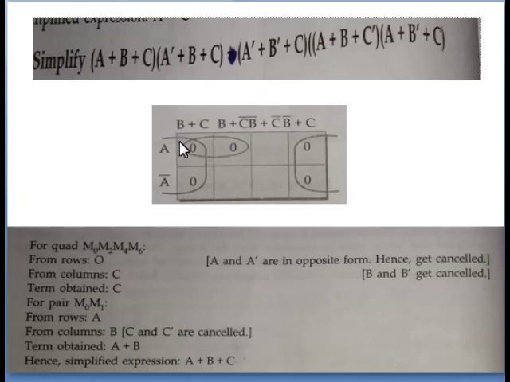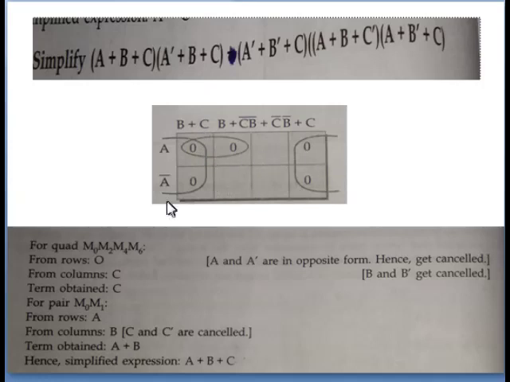So just take the opposite. B bar C bar means you take B plus C, the dot is converted to plus. Like this you have to change all the other cells. In sum of product form we give importance to 1. Here we have to give importance to 0. So according to these terms you have to put 0 in the corresponding cells.